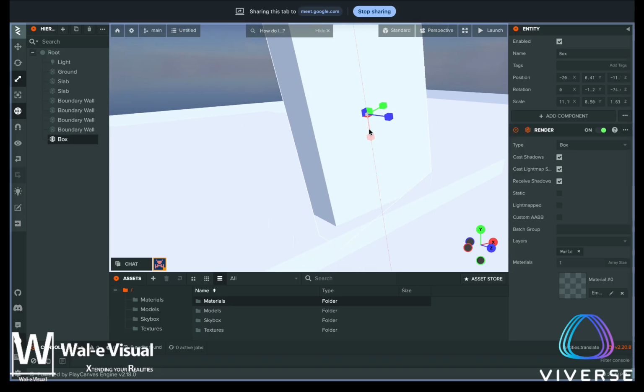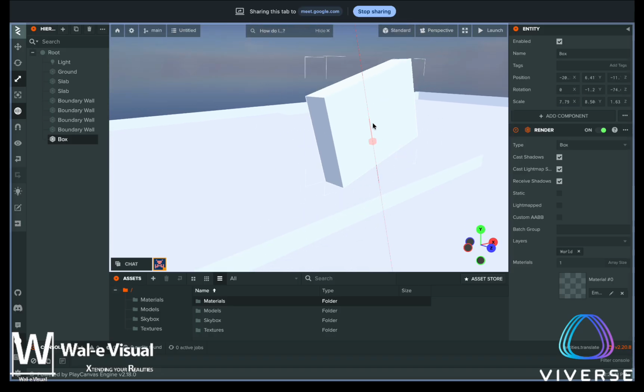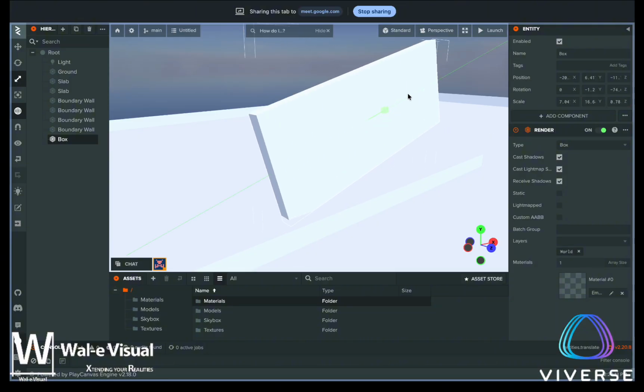So if you want to scale in the red axis, the blue axis, someone told me this might be purple, and then in the green axis. Or if you want to scale it the